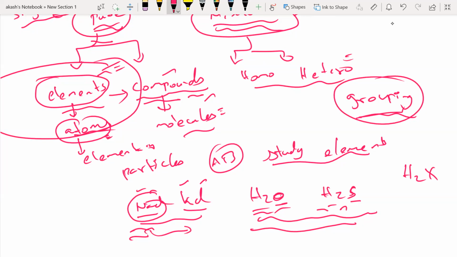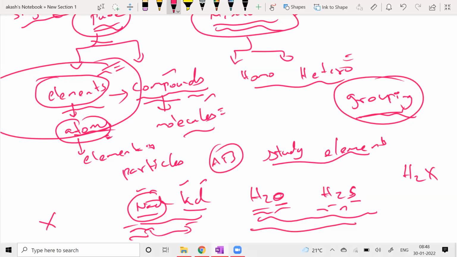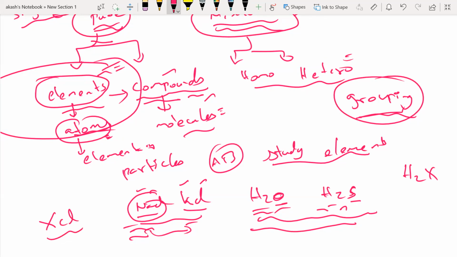If sodium forms sodium chloride, potassium will form KCl only; we'll be able to predict that. Say a new element is found, and it is in the group of sodium and potassium, say that element is X. Now we know for sure how it will react with chlorine to form a compound. We know it is going to form a compound like XCl. So the advantage of grouping is that if you're able to group some elements together,